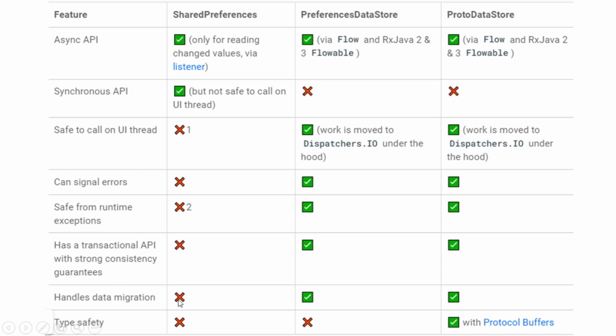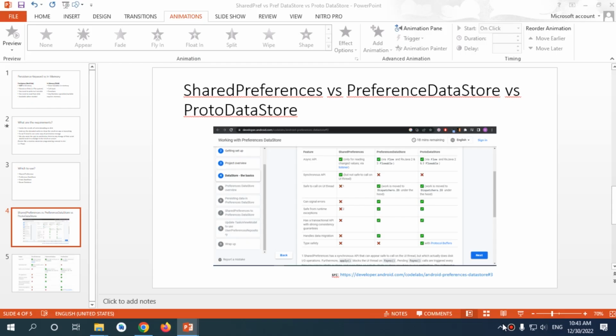For data migration, you can have data migration from SharedPreferences to DataStore, but you can't have DataStore migrate to SharedPreferences. And actually, you can have a migration from Preferences DataStore to Proto DataStore as well. And for type safety, SharedPreferences doesn't allow type safety, and Preferences DataStore doesn't allow type safety. But Proto DataStore provides data type safety with protocol buffers, which are just a neutral